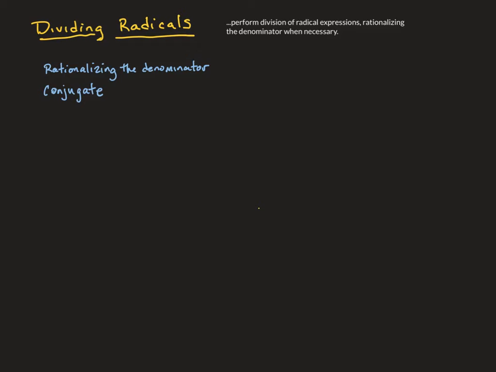As we continue working with radicals, we're going to talk about dividing radicals, or the division property of radicals. And in doing so, we want to be able to perform division of radical expressions and rationalize the denominator when necessary. And just to look at rationalizing the denominator, going back to things that we have previously known,